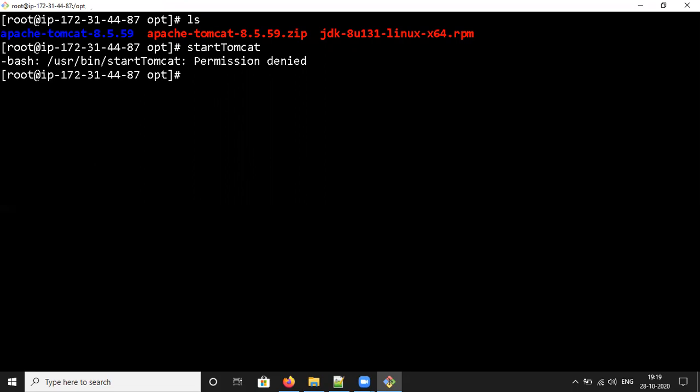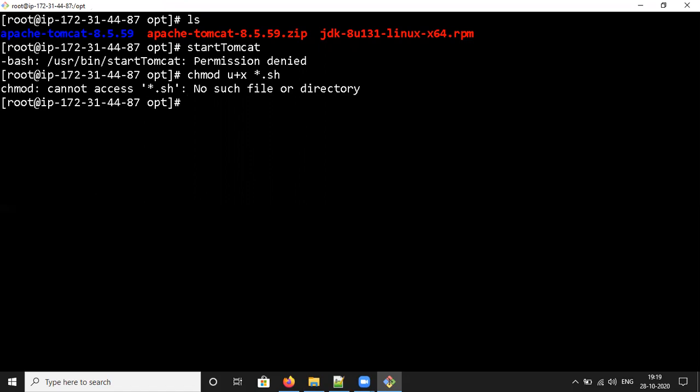If you know the Linux environment, you know this command: chmod u+x *.sh, for files with the .sh extension. I'm giving the permissions, but it says no such file or directory.